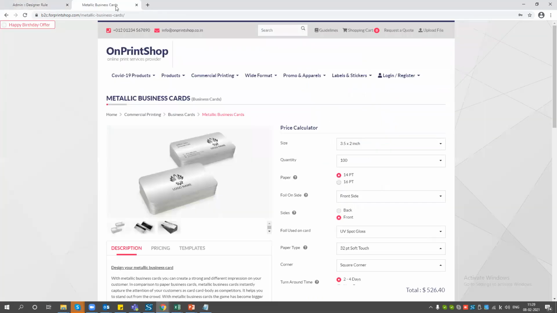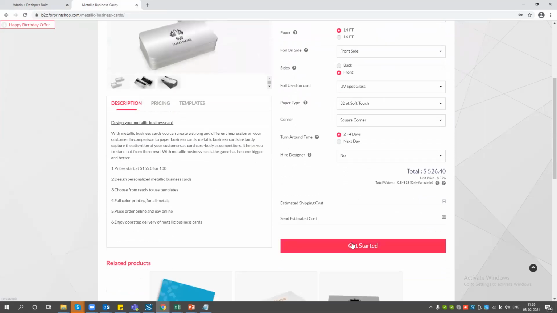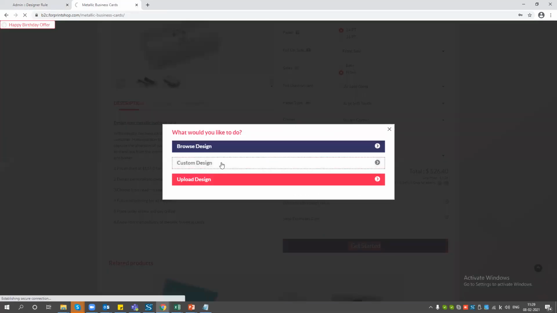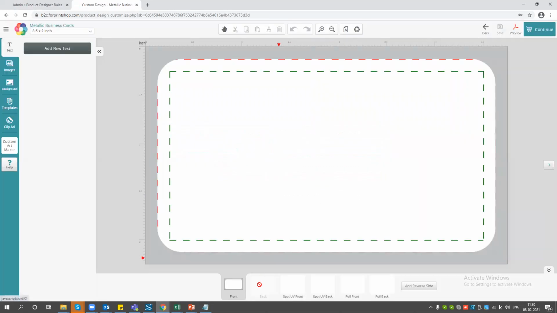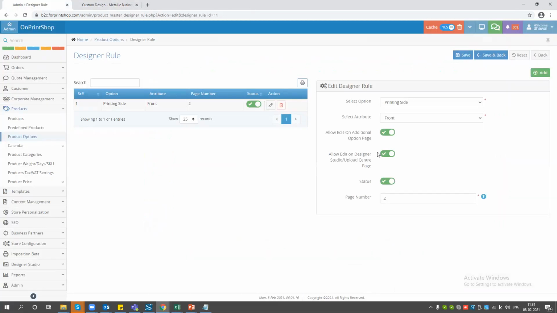Let's say save. So if you select the page front and go to the designer studio, here you can see the back page, page number 2, will be hidden. So for all the products, page number 2 will be hidden with respect to this one.